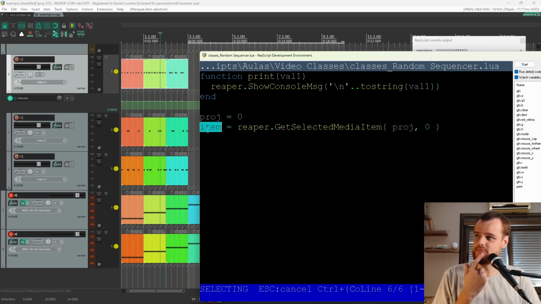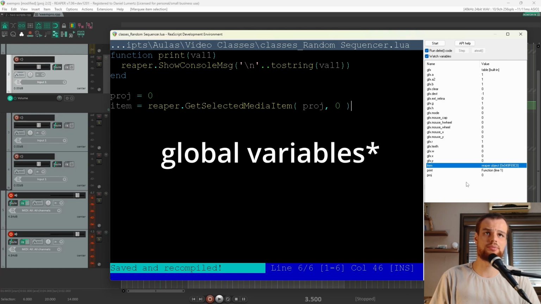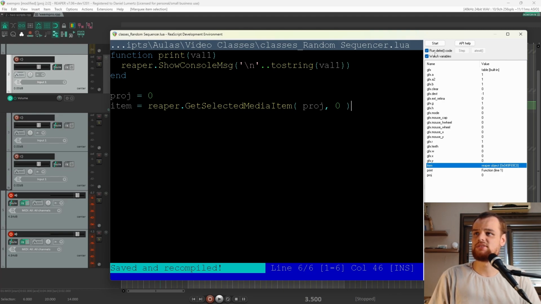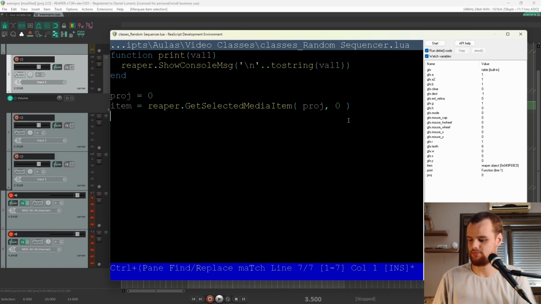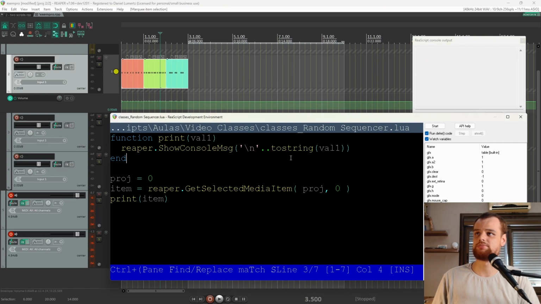And so this should return item now. Let's save this. And you can see here, this is the Reaper watch list. So you can watch all the variables. You can see that item equals to a Reaper object. So that is what we want. We can even say print and item. And this is returning, oops,